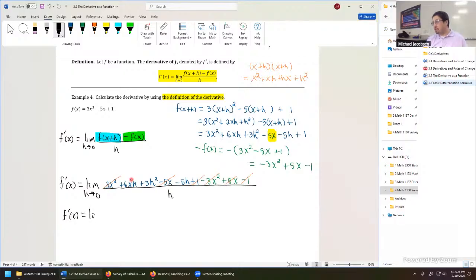F prime of x is now the limit as h goes to 0 of, here's the h factored out, leaving behind 6x plus 3h minus 5, all divided by h. And that's the satisfying clean cancellation we want to make right at this step. Once we made that cancellation, this is now